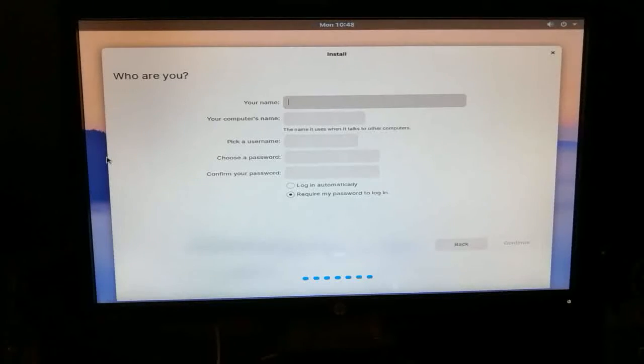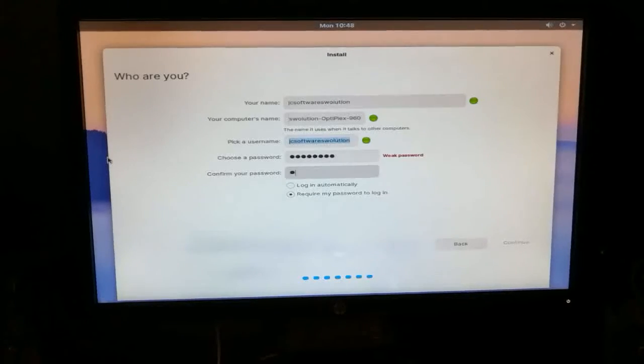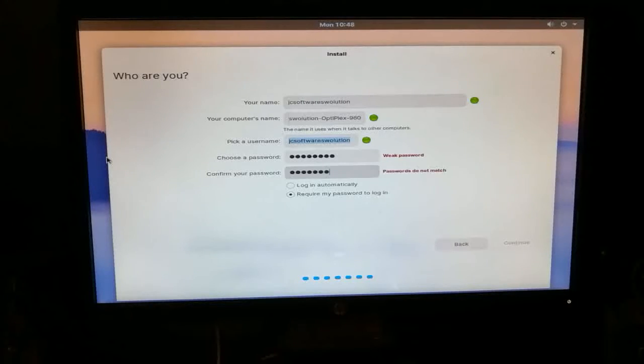Your name, JC Software Solution, and the password, and click on continue,